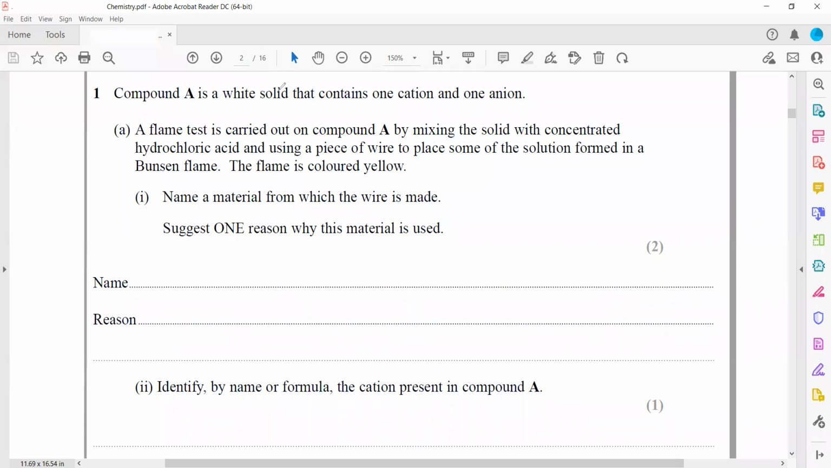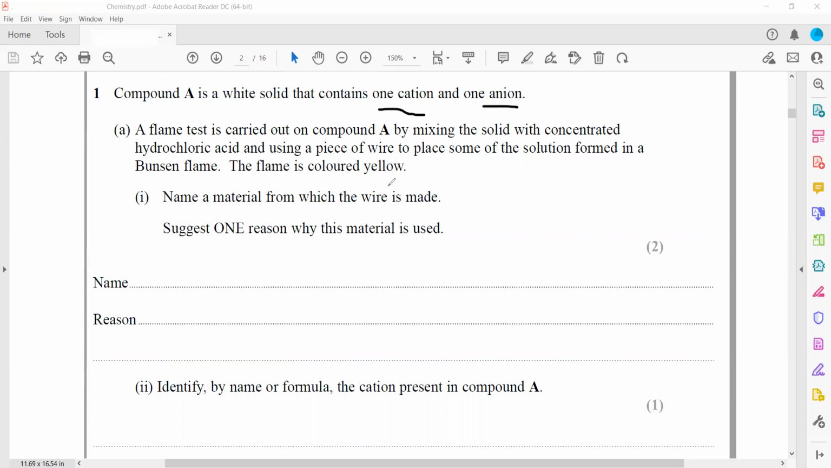compound A is a white solid. Whenever a compound is a white solid, this gives you an indication that there is no transition element, and it contains one cation and one anion. A flame test was carried out on compound A by mixing the solid with concentrated hydrochloric acid. Then, using a nichrome wire, we placed some of the solution formed